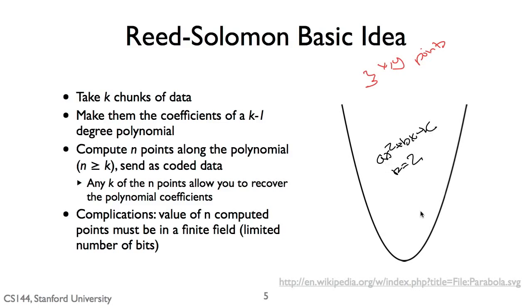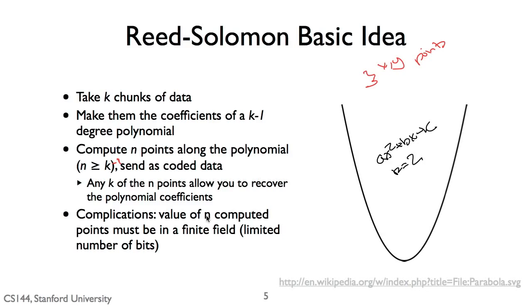coefficients. Then what I do is I compute n points along this polynomial, where n is greater than or equal to k. I compute these n points, and that's what I send. I send those points along the polynomial. Now what happens is I'm sending n points, but because the original polynomial is of degree k-1, any of those